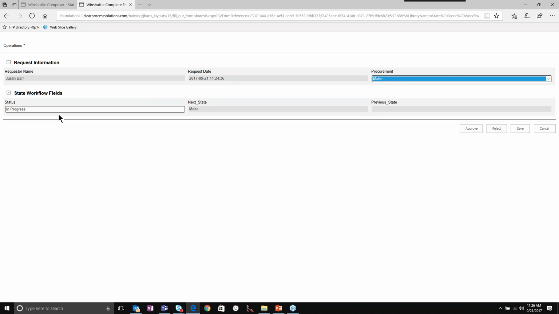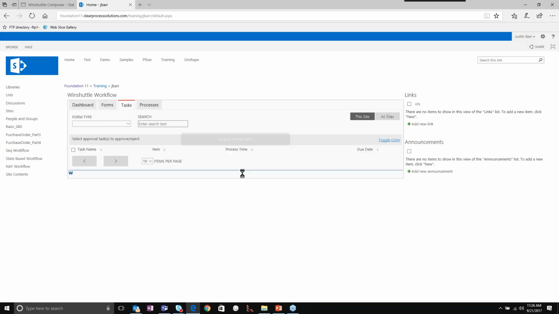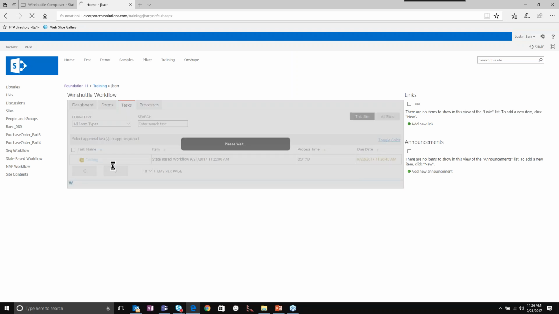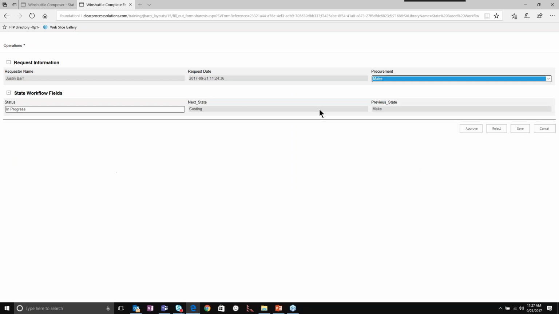Okay, so looking at our form here, we have an in progress. Our next state is currently make, and our previous state is blank. We're going to go ahead and click approve. This will send it down our costing path, and our previous state should be filled in. If I click on this task name, costing, now we have our next state equal to costing, and our previous state is make, which is really important here